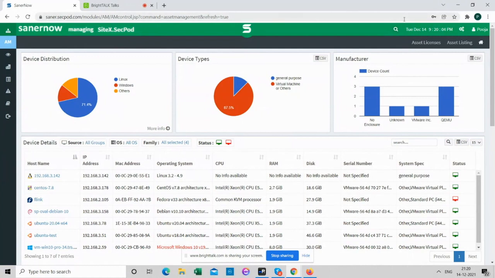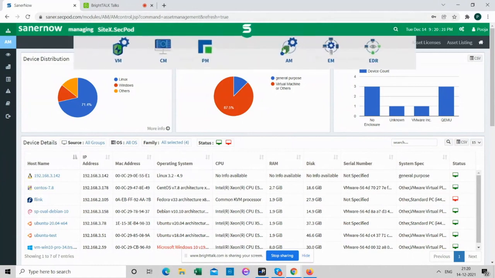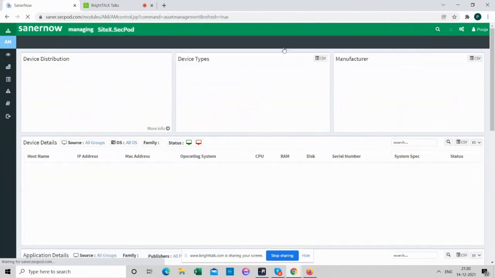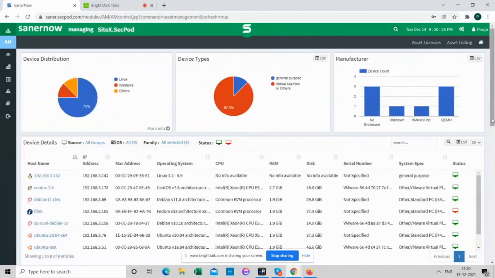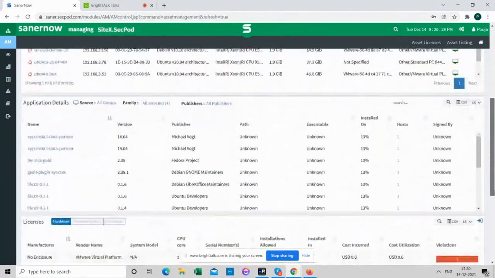First thing is, if you are an administrator who's managing your environment, you would want to understand if the vulnerable jar or component is actually present in your environment. So the log4j which we are discussing, we go to asset management. We can actually check if the vulnerable asset is present in our environment.